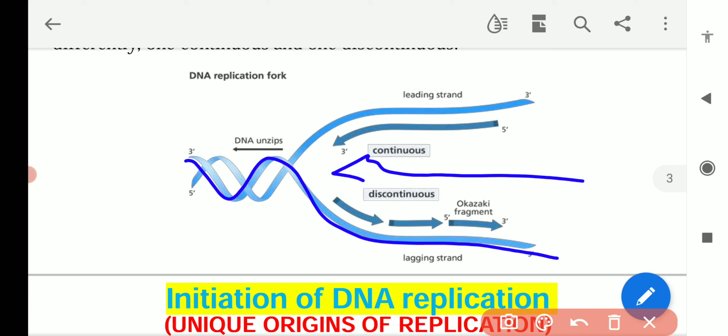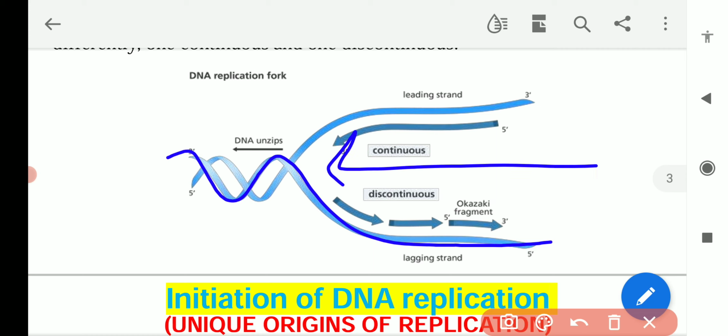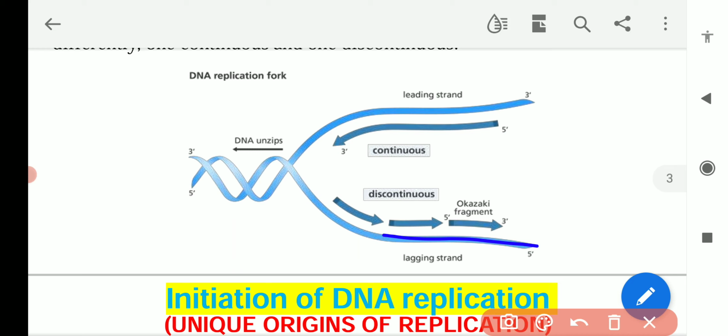Okay, and this strand is known as the lagging strand because DNA polymerase will do some extra work to carry out DNA synthesis on this strand. DNA polymerase will carry out DNA replication only in the direction of 5' to 3'. This strand itself has 5' to 3' direction in the replication fork direction. So DNA synthesis cannot take place in the 5' to 3' direction this way, because this template strand, this parental strand, is 5' to 3'.